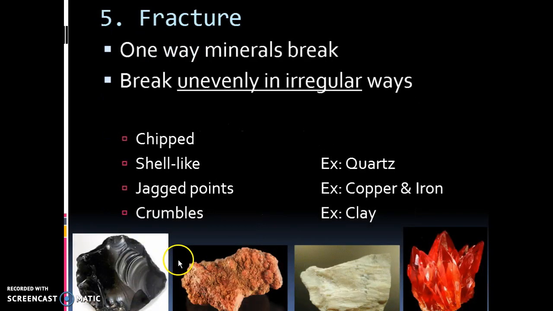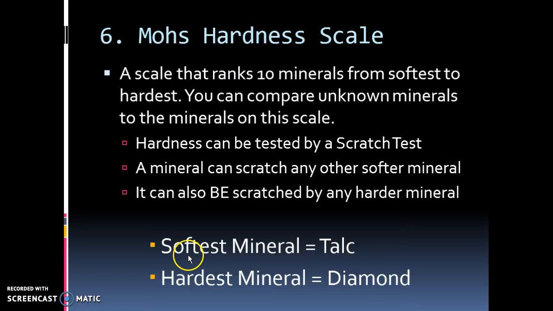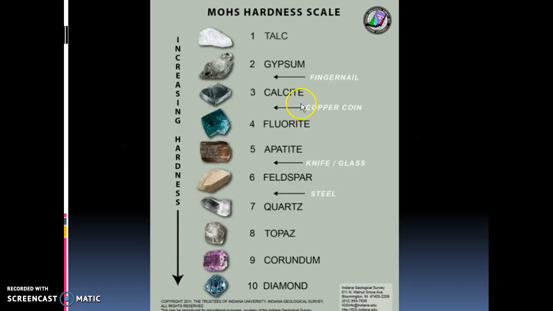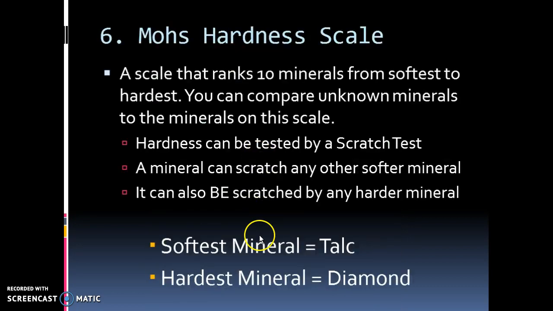And then another way to tell maybe what kind of mineral you have is how hard it is. So we use this hardness scale that ranks from most soft to hardest. Diamond's the hardest mineral we have here on Earth, and talc is the softest mineral we have here on Earth. And then where it falls on that line can help us identify. So if I'm at a 5, I already know that that hardness is a 5 and it's got to be this particular mineral. Or if it's a 7, I know that it's got to be this particular mineral. So knowing the hardness can kind of help us identify what mineral it is.